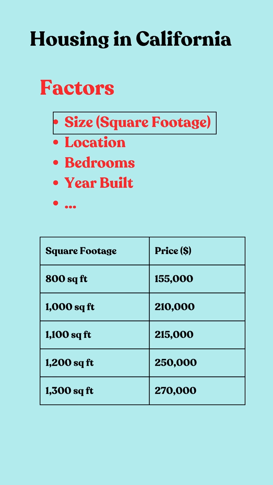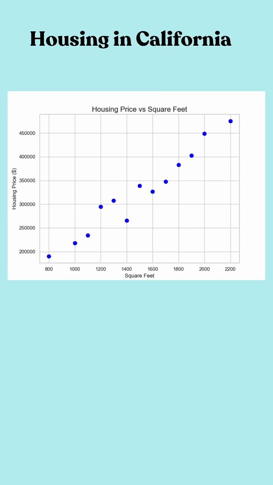So here are the first five rows of the data, and this is what a scatter plot looks like. Housing price in dollars on the y-axis and square footage on the x-axis, and the blue dots represent our data points. So when you closely look at these points, there's a clear pattern. As the square footage increases, the price also increases. And this suggests there is a relation between price and square footage, and our goal is to capture that relationship